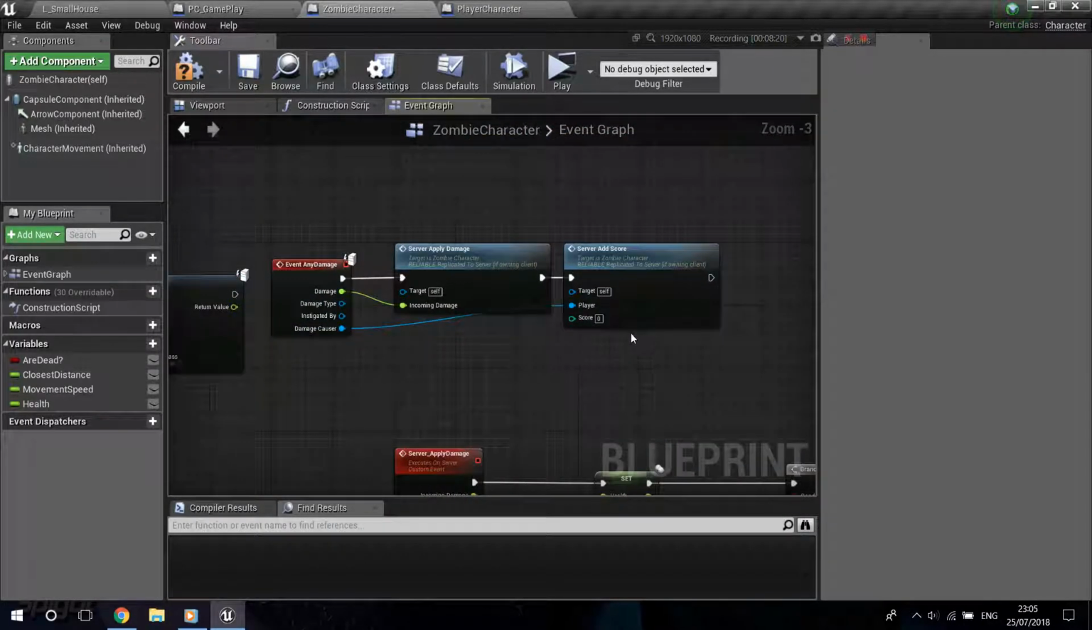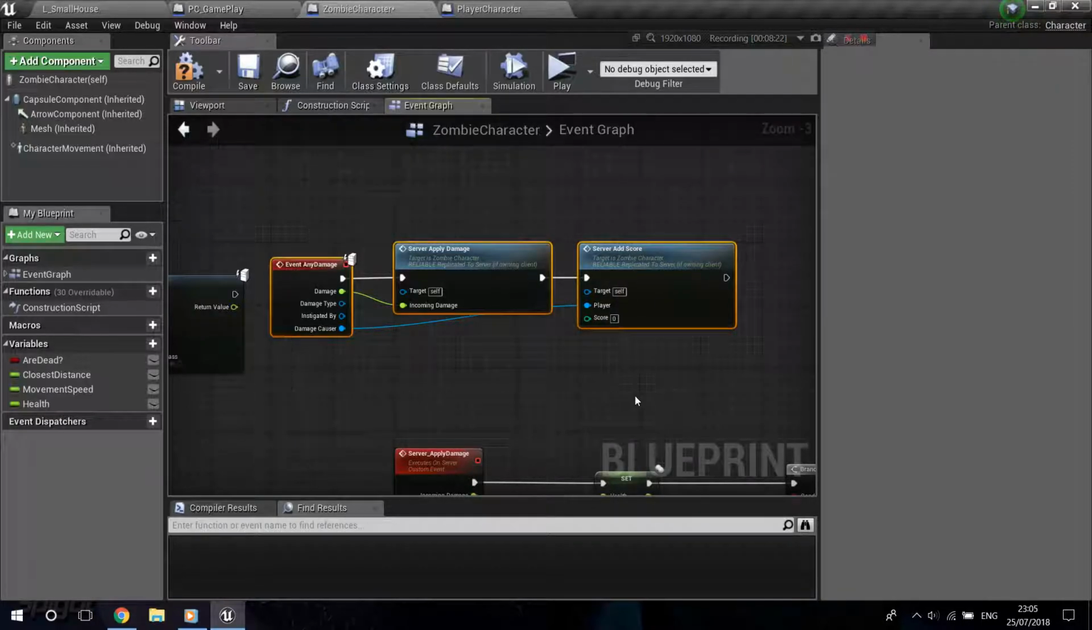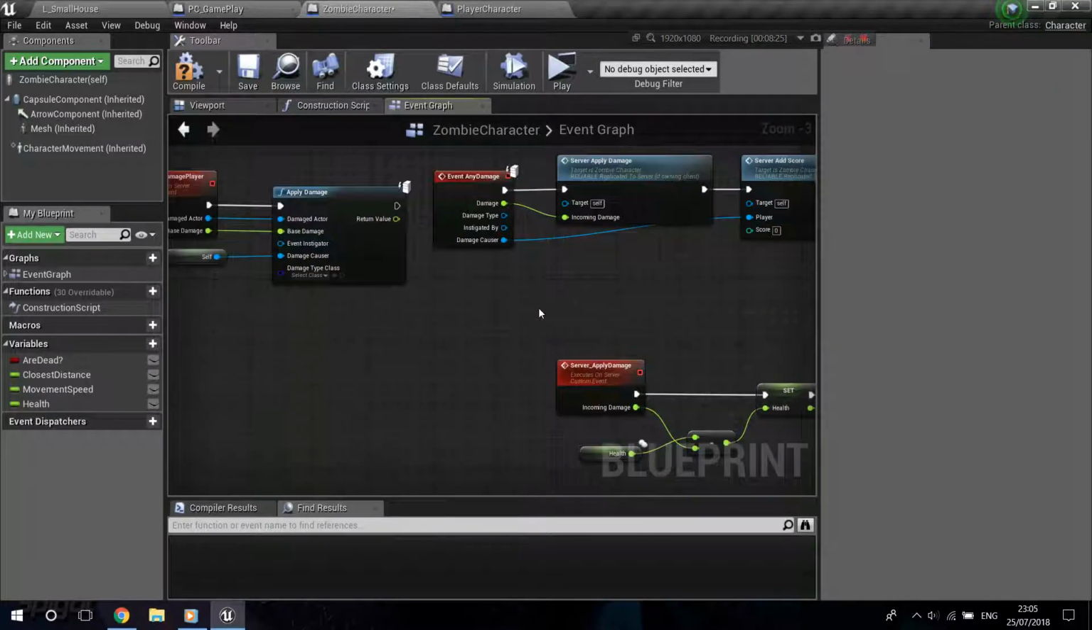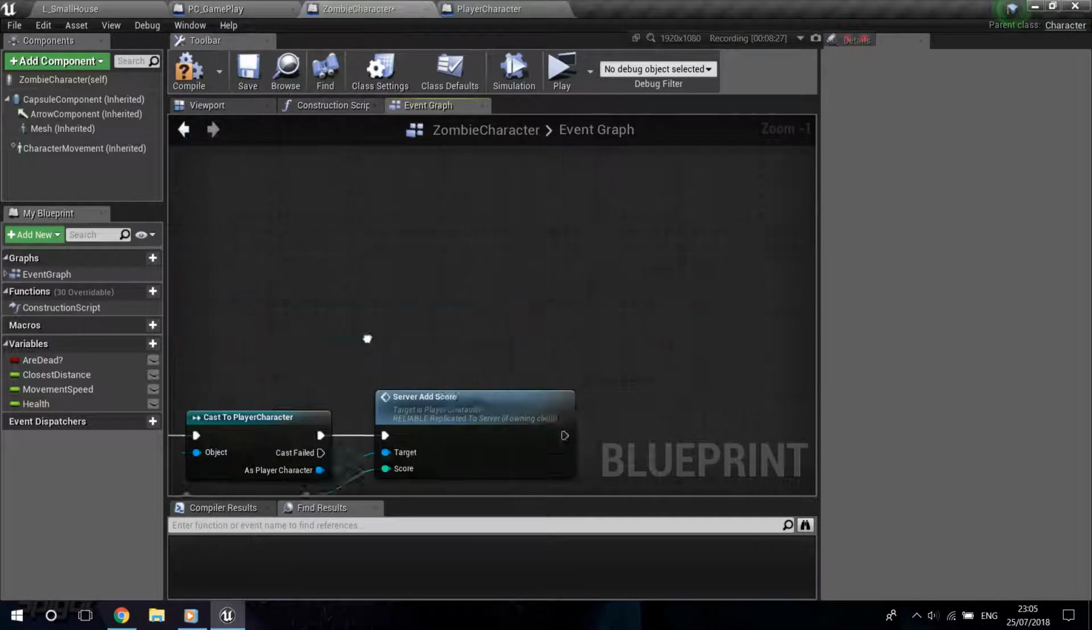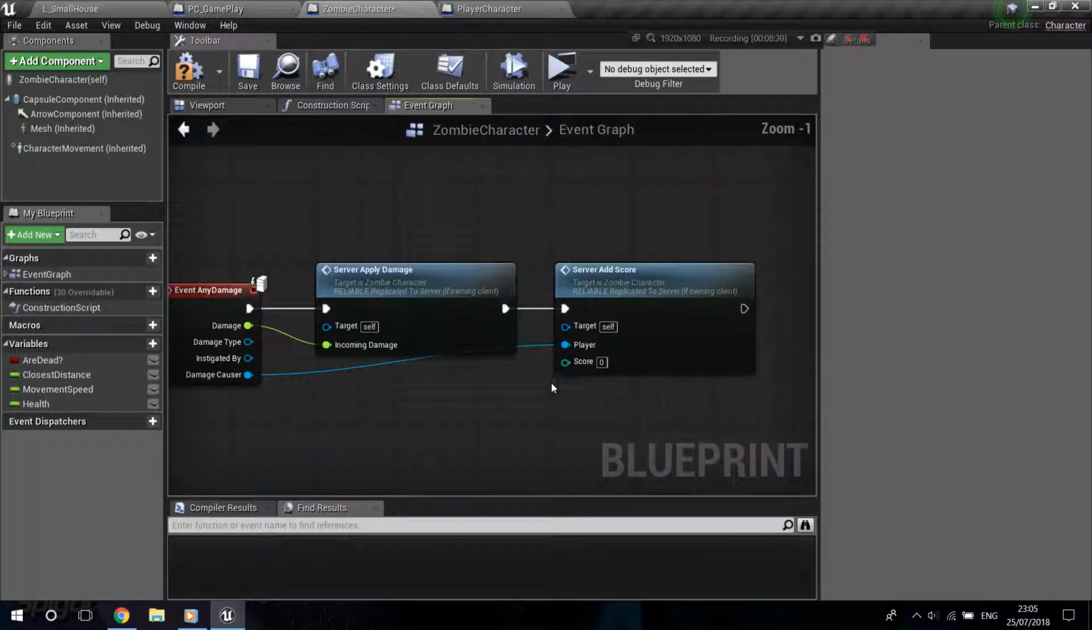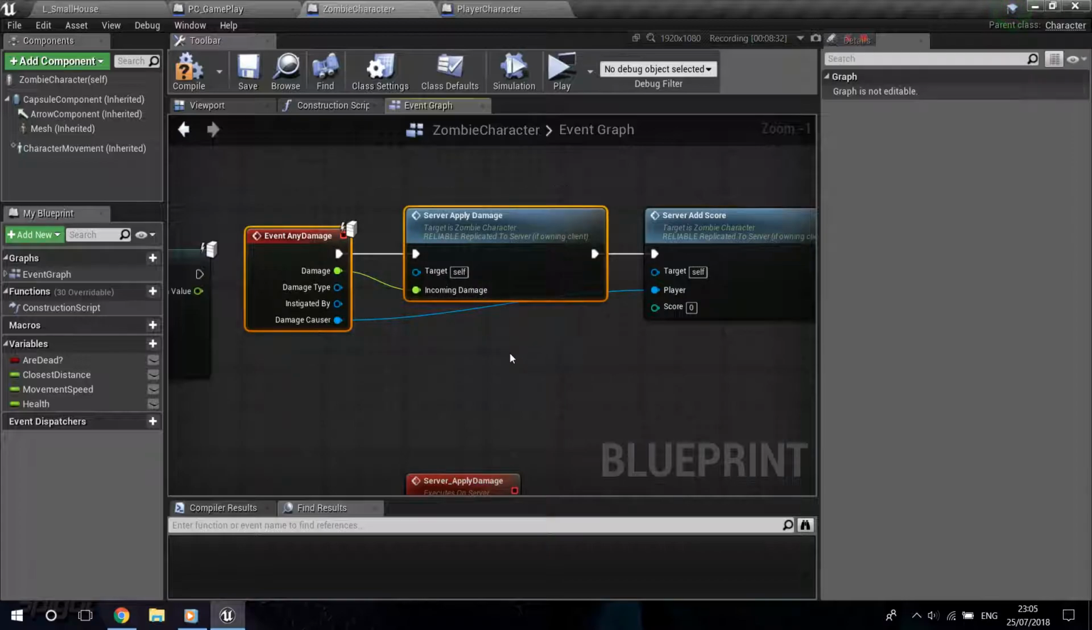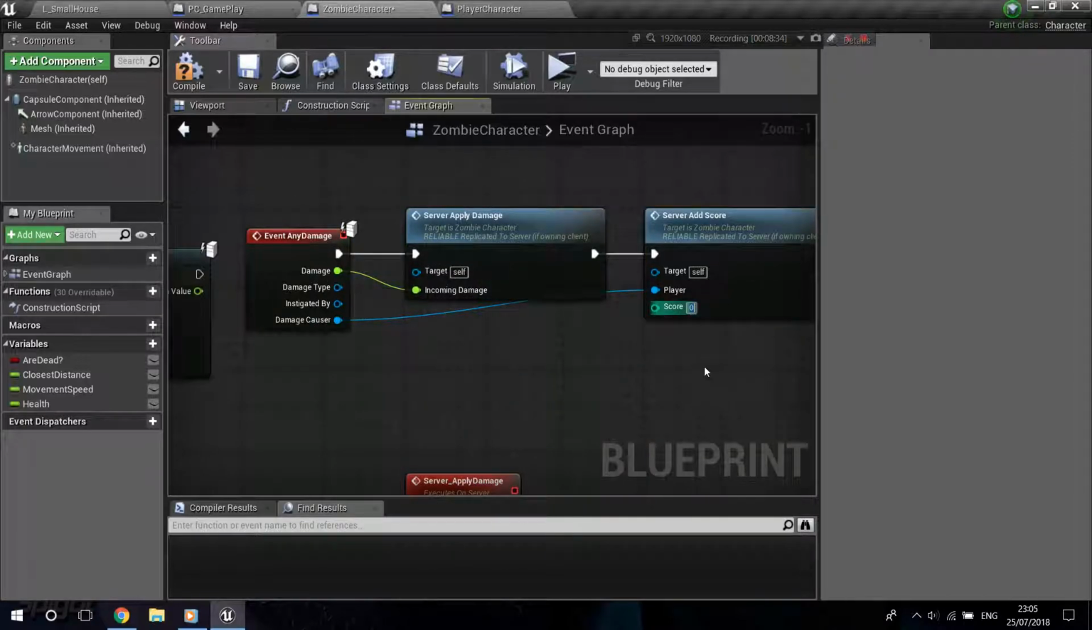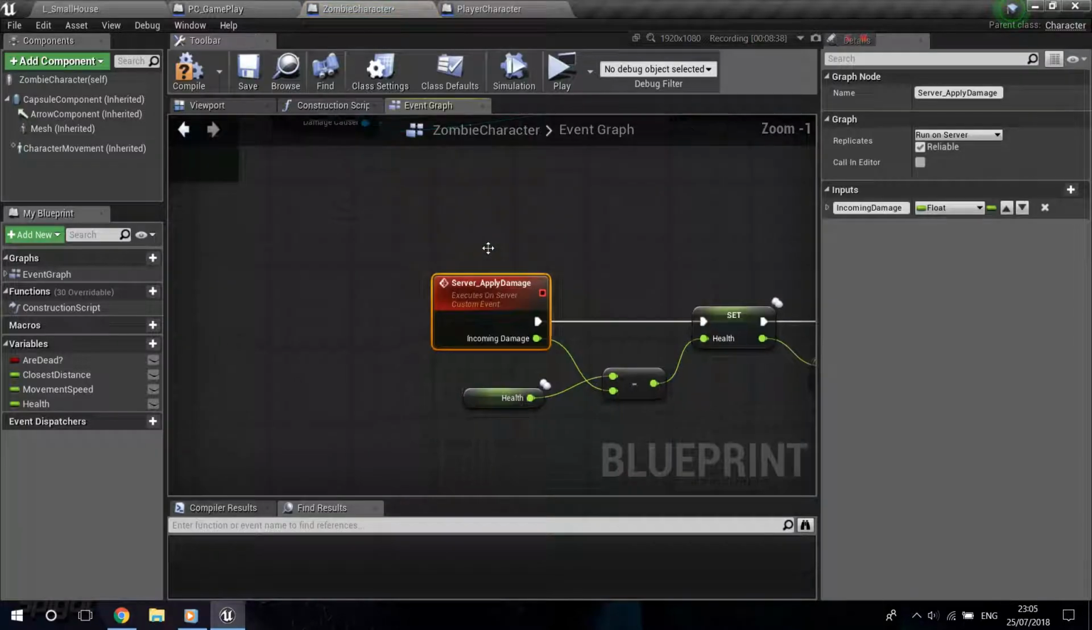And so if this event any damage is basically any damage that it receives, if it's a player, so this cast will be true, we're going to add score. So if we only hit it, but we're not sure that we kill it, we're just going to add 10 points. But if you're going to do server apply damage,